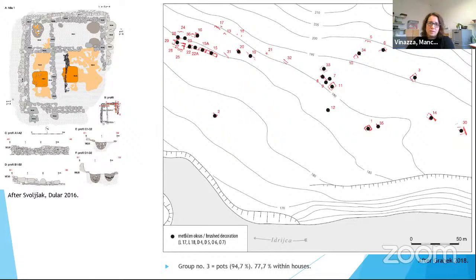The topic presented is certainly interesting and adds considerably to the research of the functionality of vessels. At the same time, we have to take into account certain obstacles. We emphasize that there is a high percentage of smaller whole vessels because it is easier to reconstruct the whole shape. The surface treatment techniques can only be determined in cases where the surface has been preserved, which varies from